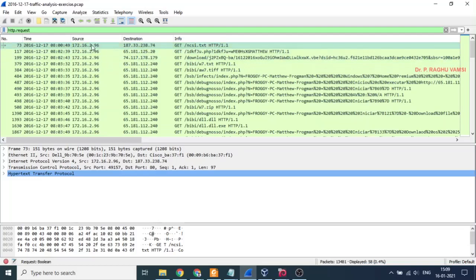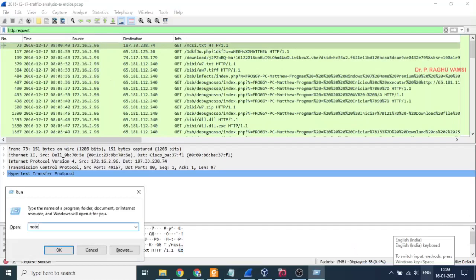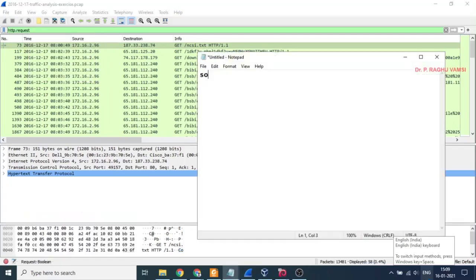And one thing we can confirm is the source IP is 172.16.2.96, and the port we don't know, so any port.